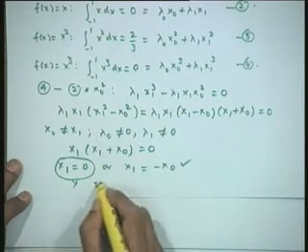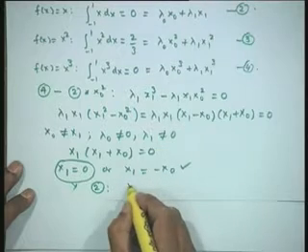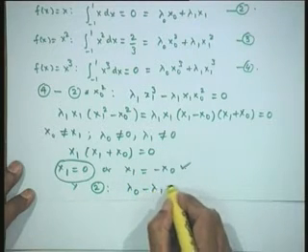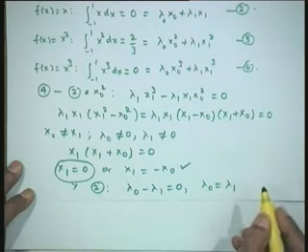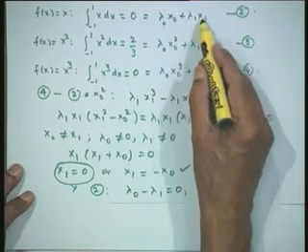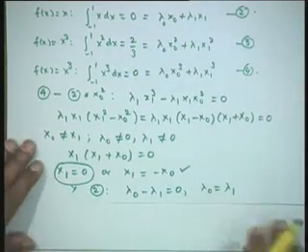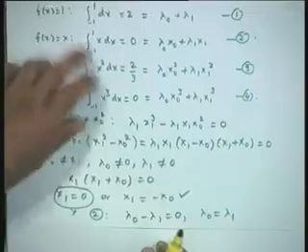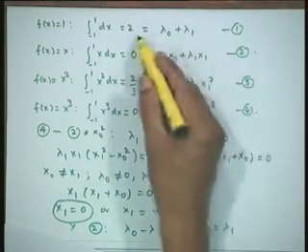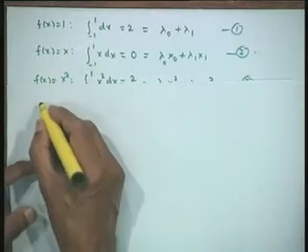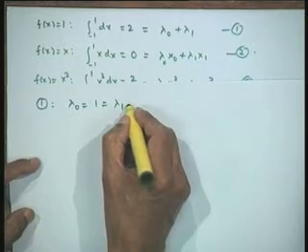Let us substitute in 2, x1 is equal to minus x0. Therefore, that gives you lambda naught minus lambda 1 is equal to 0, or lambda naught is equal to lambda 1. I have substituted in 2, so x1 is equal to minus x0, x0 is common, cancel off x0. So, we have lambda naught is lambda 1. Once we get this value, I can substitute in 1, lambda naught is equal to lambda 1. So, I will get from 1 they are equal. Therefore, from 1 it gives you lambda 0 is equal to 1, lambda 1 is equal to 1.